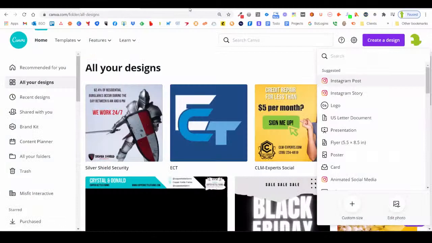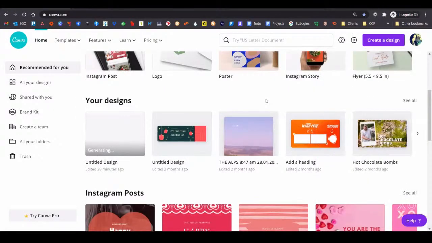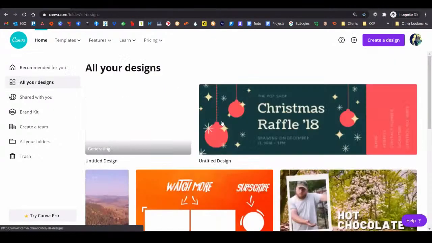But let me go back to the freeware version, because I do want to do the banner. I like to change my banners seasonally. I think I did a Halloween banner, a Christmas banner, a Thanksgiving banner. So I like to change them out seasonally, but